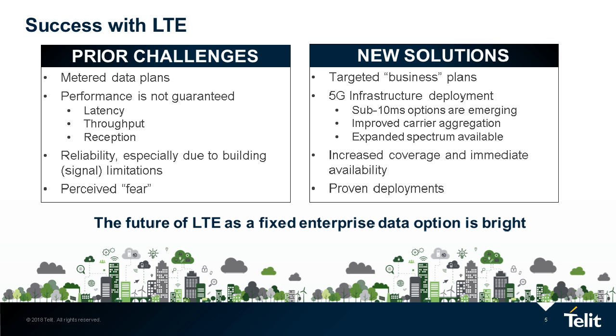So customers are typically trained to think, if I've got a broadband or a wireline type connection, I have the ability to really leverage the full extent of that port. In the cellular space, the metering effect is limited in my mind. A lot of the opportunities for customers to really take that step to move to an all cellular or truly